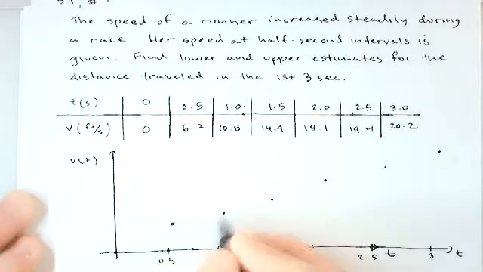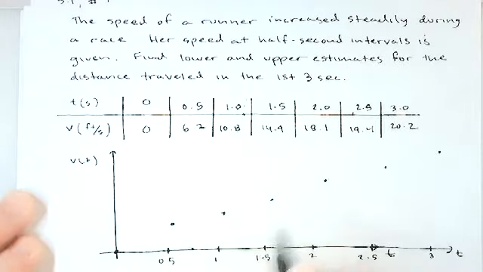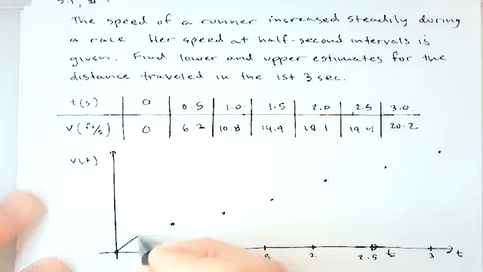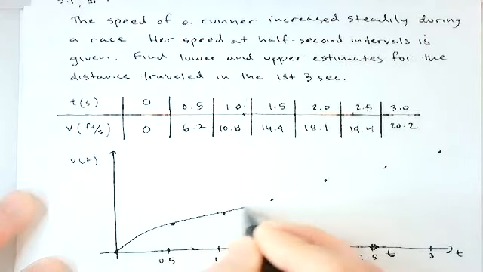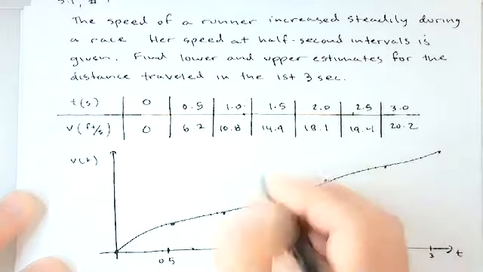All we have are these 6 data points for the velocity, I guess 7 if you include 0, but we don't know what happens in between. Without them saying that, maybe she slowed down for a second and then sped up, right? But if we're told that she's steadily increasing her velocity, then we know this is an increasing function over time,